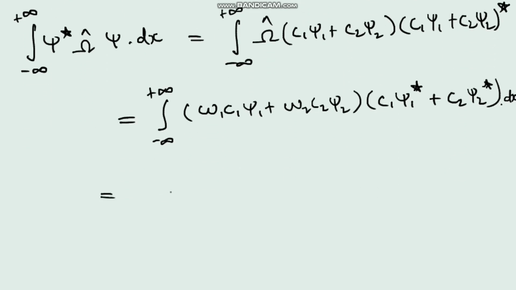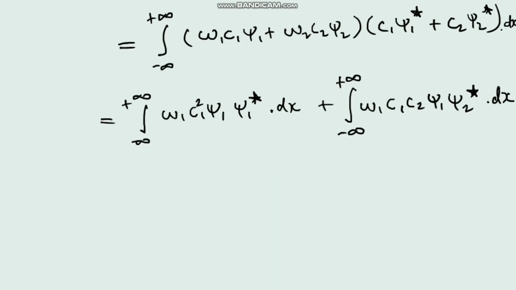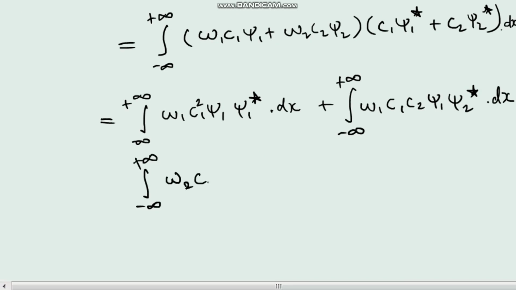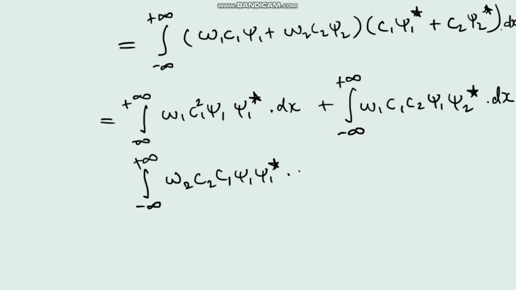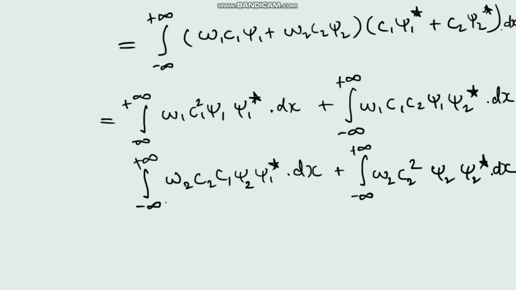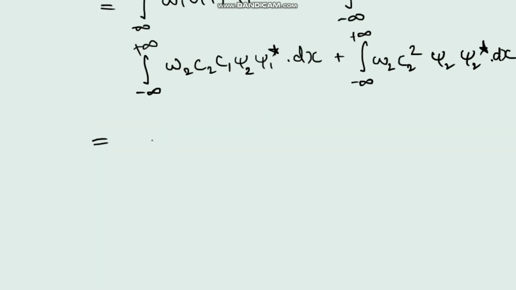And moving on, you will have minus infinity to positive infinity, and multiplying all these terms you will get four types of terms, and hence we will integrate each term separately. These four terms are... now taking the constants outside, you will be left with